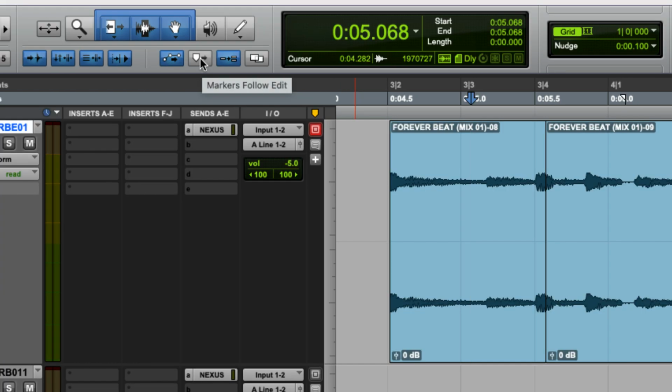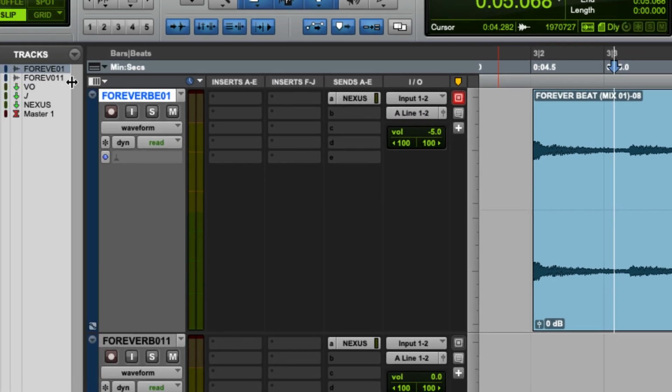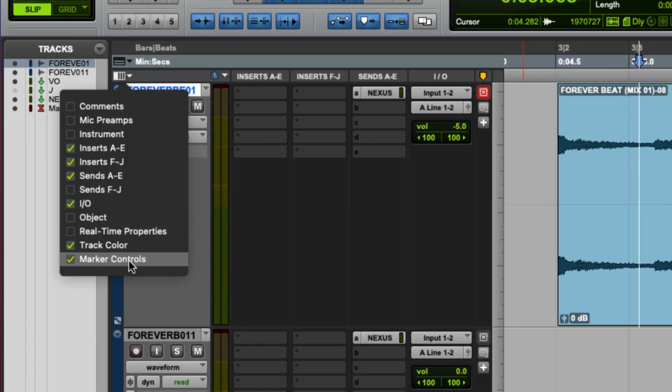This is a newer feature in Pro Tools that allows you to drop track markers, meaning you can drop a marker right on a track, which is only specific to that track. That can be very useful for a very specific situation, or maybe there was a mistake just on the bass guitar. You could drop that marker right on the bass guitar track. Very, very cool. So if I go up here and I turn on my marker controls,